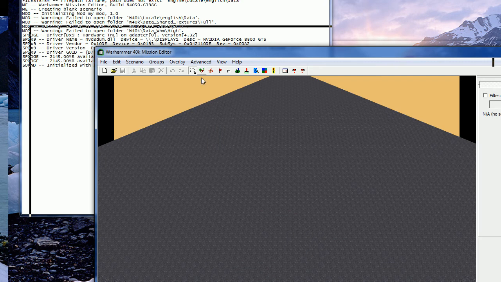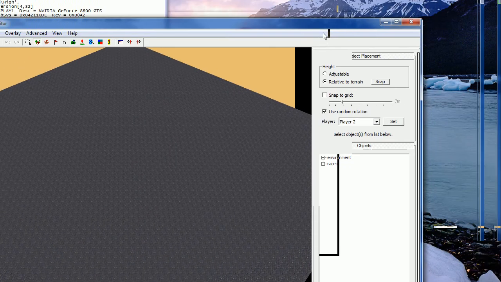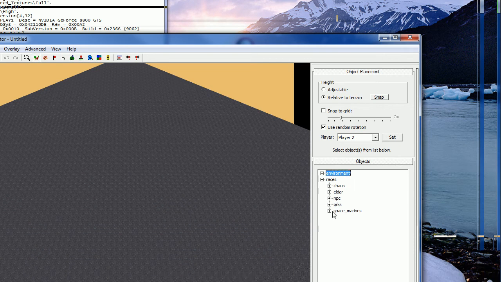So it's fairly self-explanatory. The tool next to that, the object placement tool, is much more important. If we hit that, we'll open up a window over here to the right hand side, and it gives us two folders, one environment and one races. For now I want you to hit races, Space Marines,